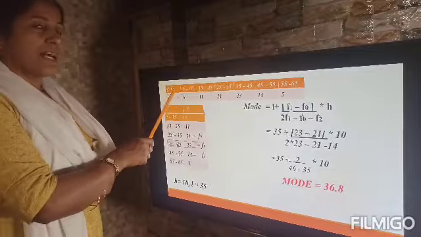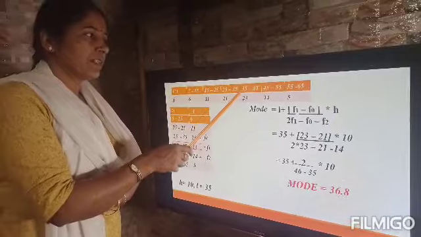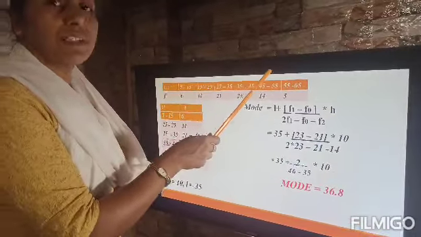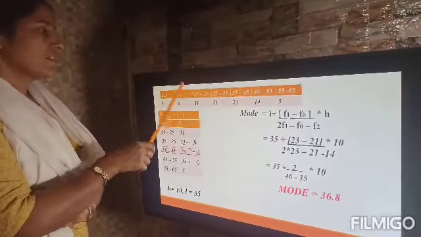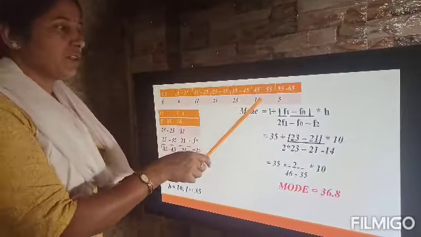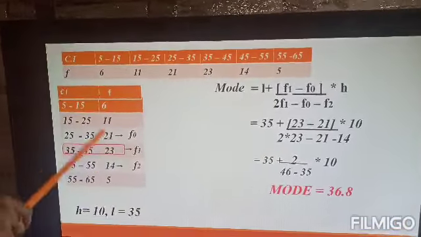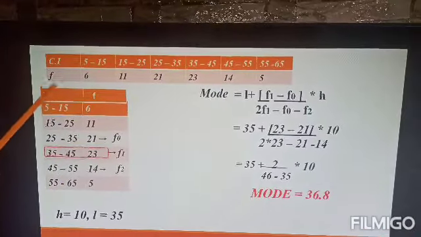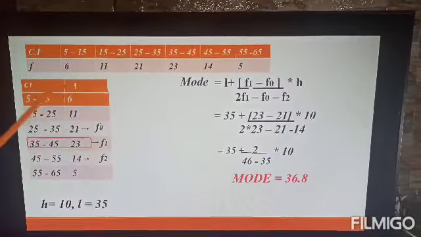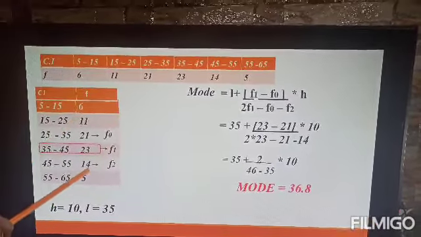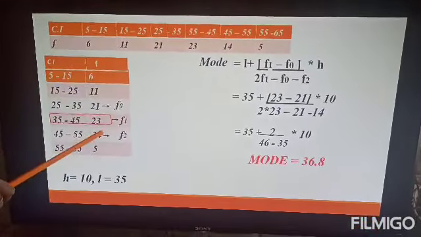Example: class intervals 5 to 15, 15 to 25, 25 to 35, 35 to 45, 45 to 55, 55 to 65. Then frequencies 6, 11, 21, 23, 14, 5. These are to make two columns in one table, class interval and frequencies. In these given frequencies, which is the highest frequency, say 11, 21, 23,